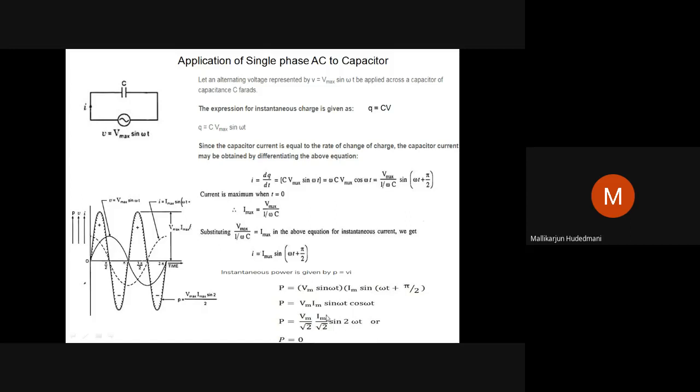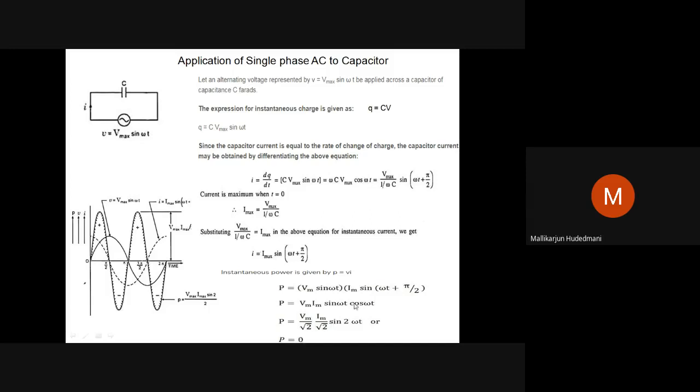Let us take instantaneous power P equal to instantaneous voltage times instantaneous current. Multiplying them, you get Vm sin omega t cos omega t, which, as we have already seen, turns to a sin 2 omega t term. Therefore, the power wave has a 2 omega t concept. It progresses at twice the rate of omega t, so it is faster than the input cycle. Hence, P goes to zero.